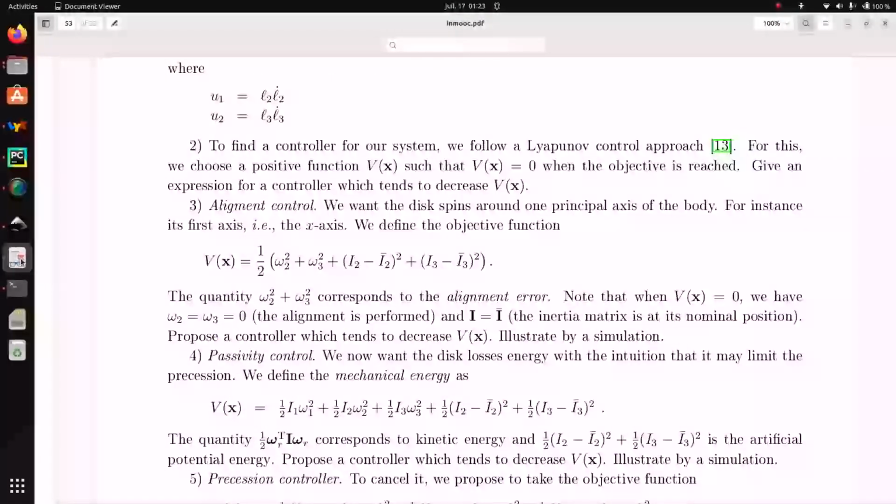Question number 4, passivity control. So now we want to avoid the precession. So I want to have some kind of convergence. So the intuition we may have is to cancel the mechanical energy to transform it into heat. So this is why I propose to take